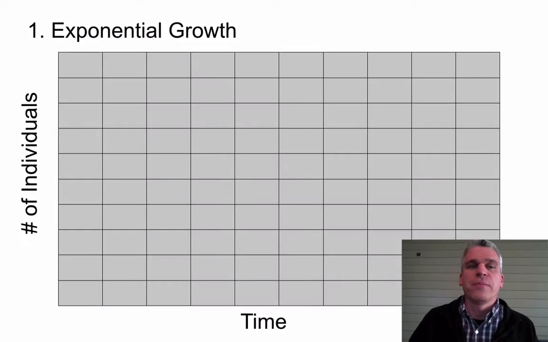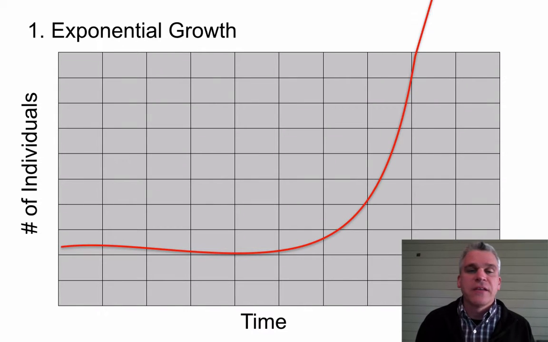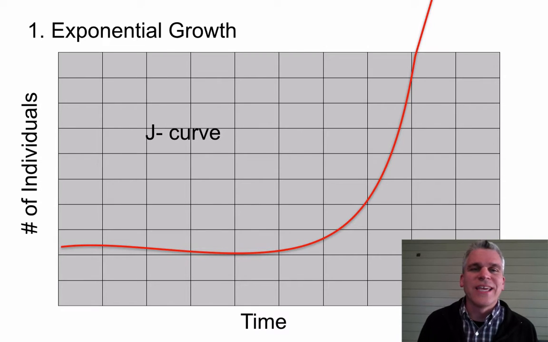Let's show this on a graph. Over time, we can see that the populations may tend to remain the same, but eventually it just goes up almost straight up on this graph. In fact, it's going off our screen right here. This is what's known as a J-curve graph. Now this can certainly happen if there's plenty of resources available. We have plenty of space and food and water,